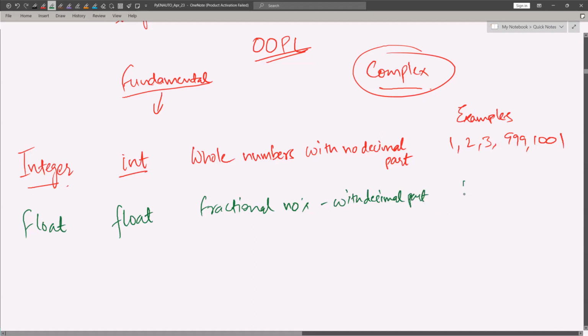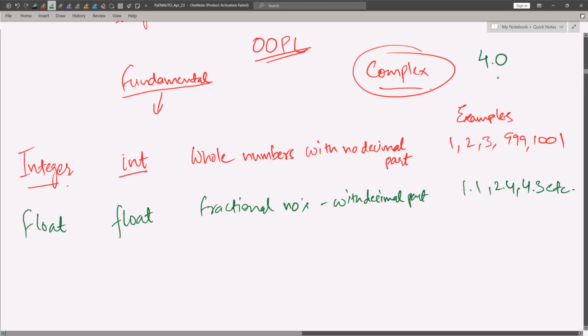Examples: 1.1, 2.4, 4.3, etc. In normal mathematics, from whatever knowledge you have from your school days, if I ask you